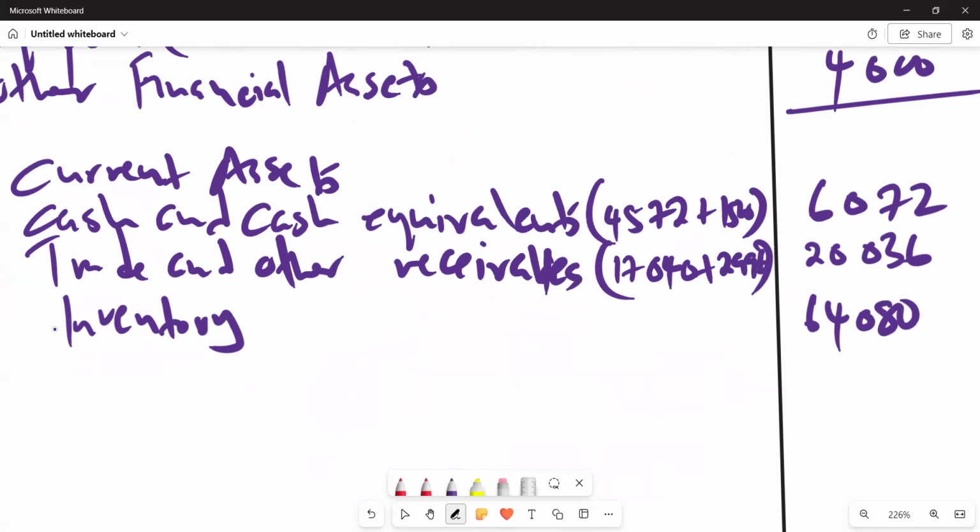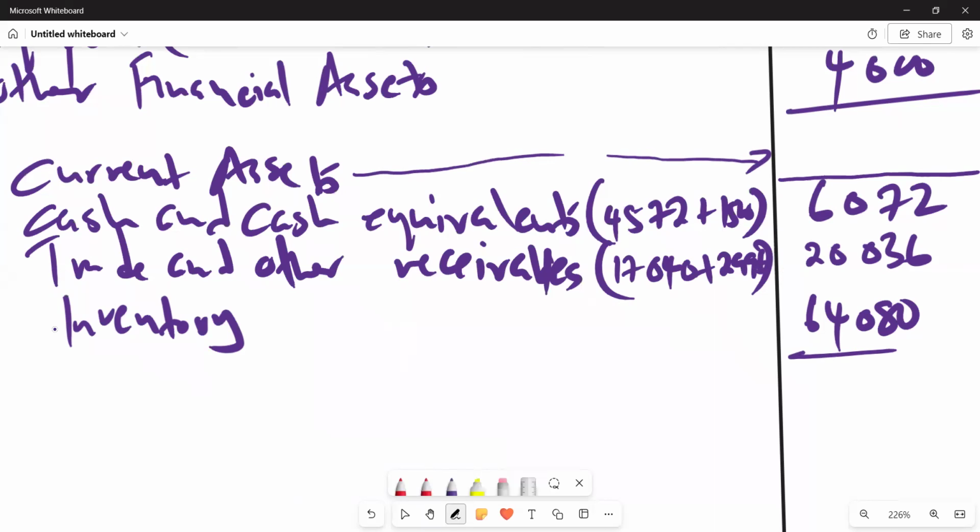So this is the last current asset that we have. Then we can add. If you add, we get the total for current assets. So this description of current assets should be reflected by this figure. It says 6,072 plus 10,036 plus 64,080. And we'll see that the total that you are going to get there is going to be